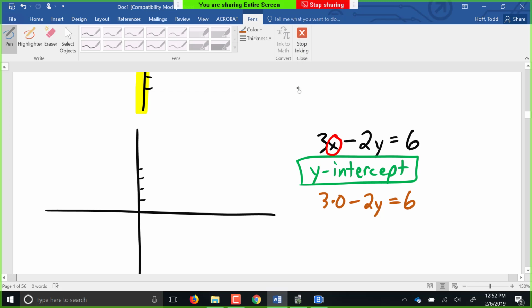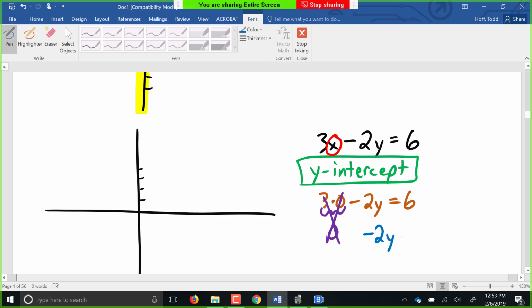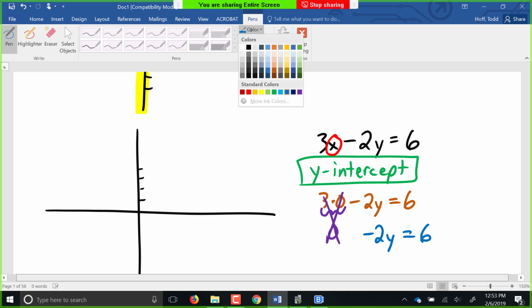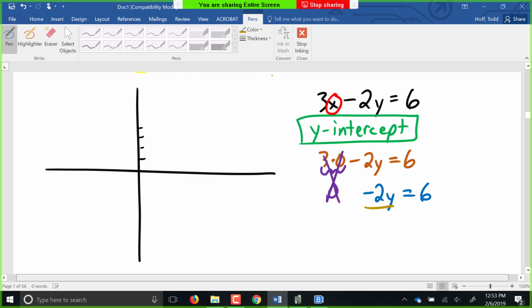Now we do a little bit of combining. What is 3 times 0? 0, right? 3 times 0 is 0. So that essentially is gone. What we have here is simply negative 2y equals 6. What do we do from there? We divide by the negative 2. Good. We divide by negative 2 to get y equals